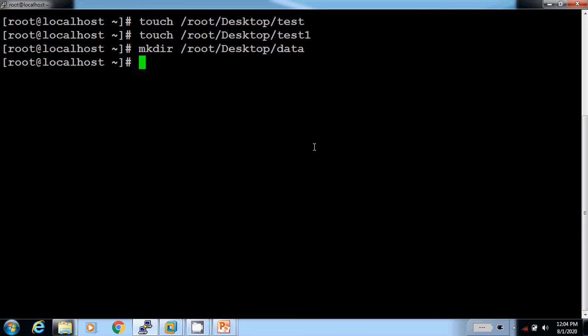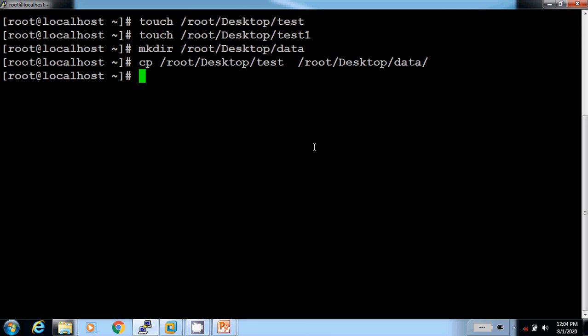I want to copy these files. The root desktop test file, and the destination is root desktop data. My file is copied from root desktop to root desktop data.